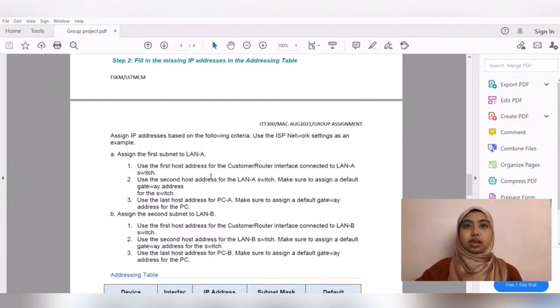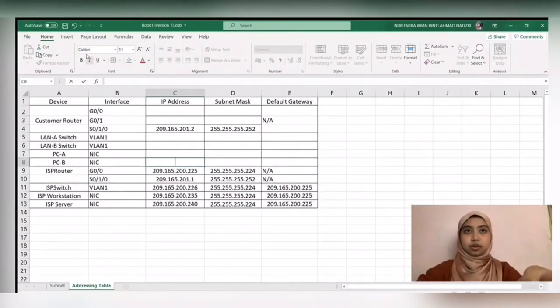Second, use the second host address for the LAN-A switch. Make sure to assign a default gateway address for the switch. Third, use the last host address for PCA. Make sure to assign a default gateway address for the PC. As we know, from customer router